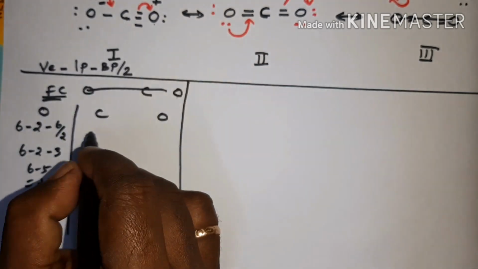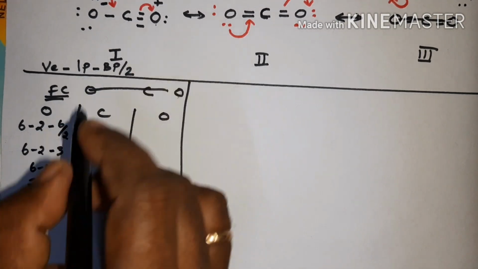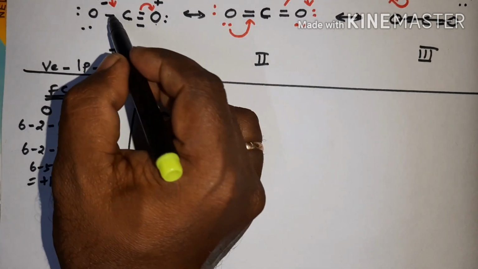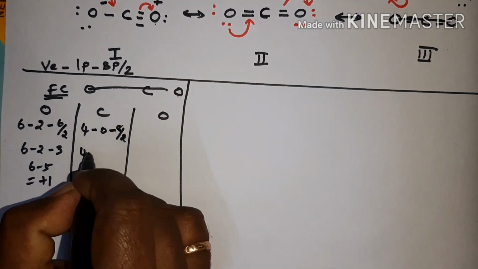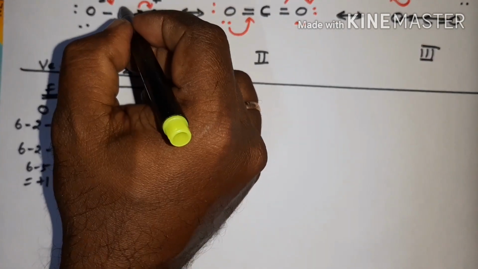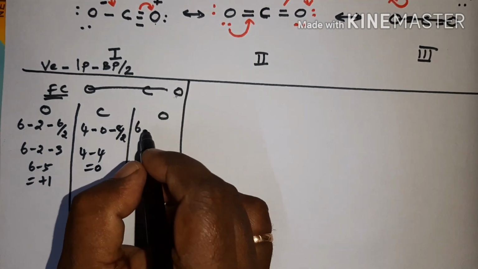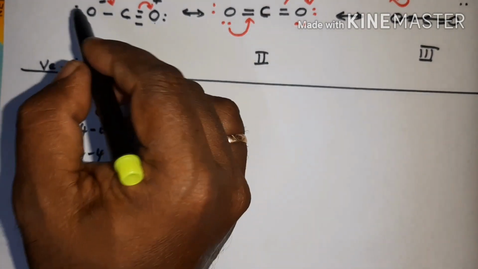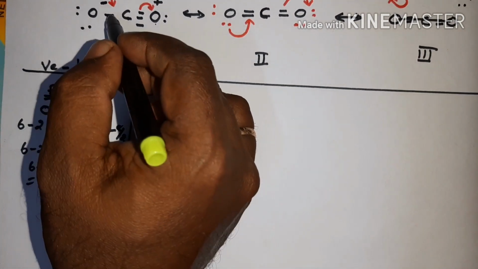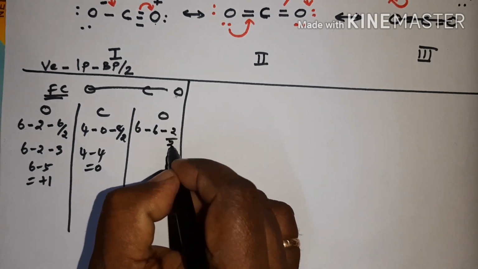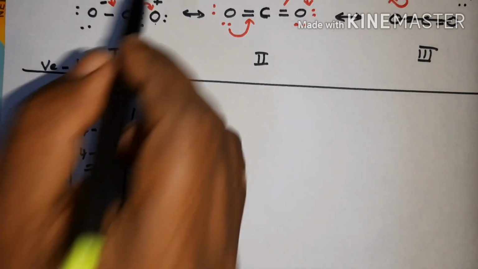Then this carbon. Carbon valence electrons are 4 minus lone pair, there is no lone pair, 0, minus bond pair, there are 4 bond pairs, so we are getting 8 electrons divided by 2. So 4 minus 4 we are getting 0. So there is no charge here. For this last oxygen atom, valence electrons 6 minus lone pair electrons 6, minus bond pair, only one bond pair is there, so 2 divided by 2. 6 minus 7 we are getting minus 1. So that is minus here, plus on the other oxygen.